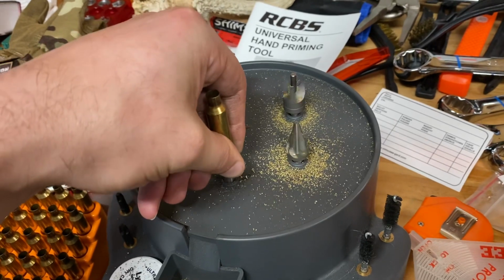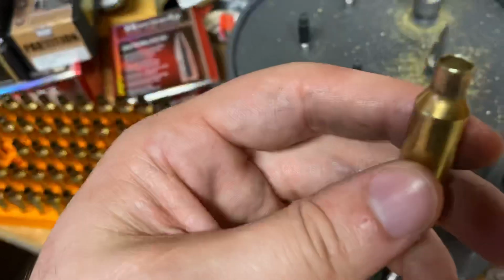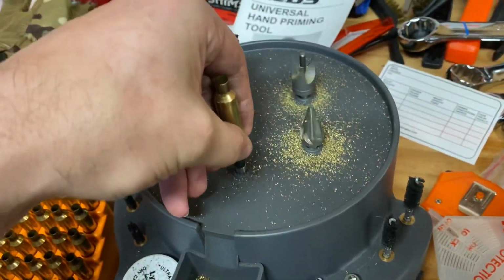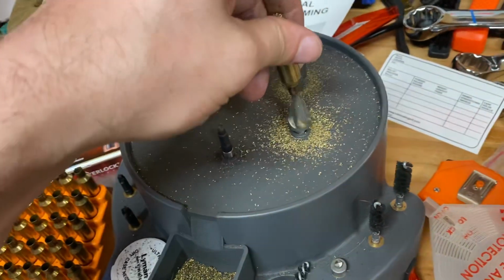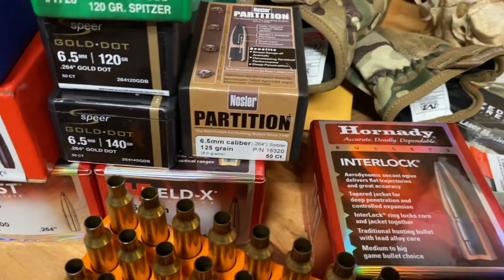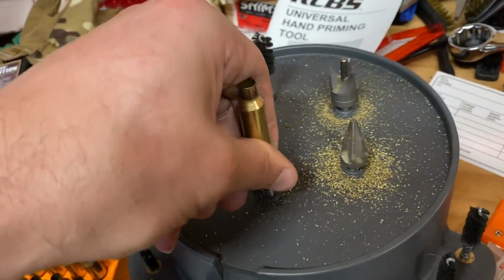So just running along here, getting some of this stuff processed, getting it cleaned up as far as the primer pockets go. Pretty good looking once fired brass. But yeah, I'll go through this process, get them all cleaned up, then I'll prime all 50, and then from there I'll try to determine what my next load combination is going to be, which I think I've settled on. I think I'm going to do the Nosler 125 grain Partitions. I believe we're going to go with that as our next 6.5 Creedmoor endeavor, which goes from the 160